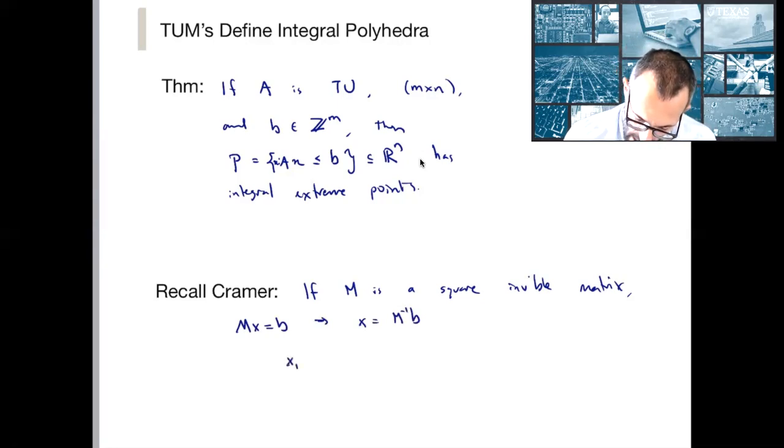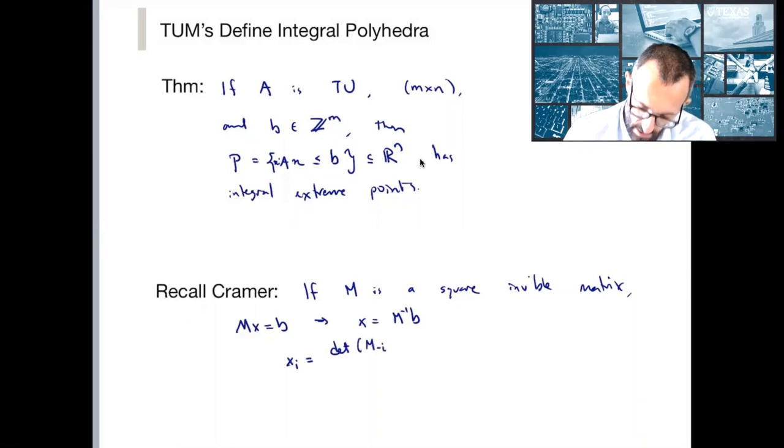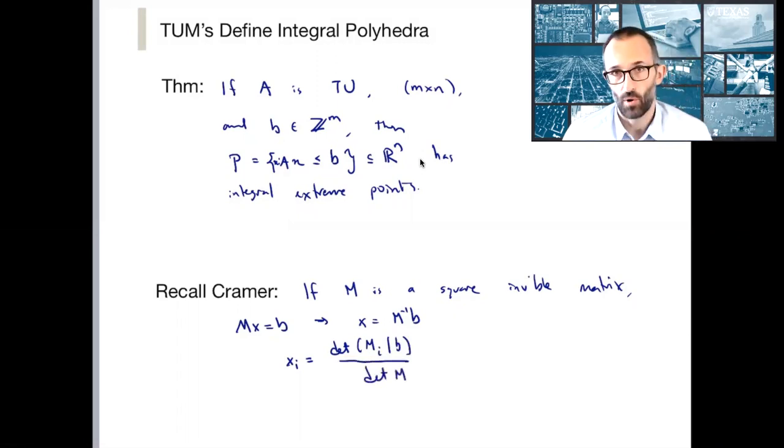So xi is equal to the determinant of M, I'll denote it this way, M minus i. Sometimes it's also denoted Mi. Maybe that's even more standard. M minus i is a little bit more suggestive. Mi b divided by the determinant of M,